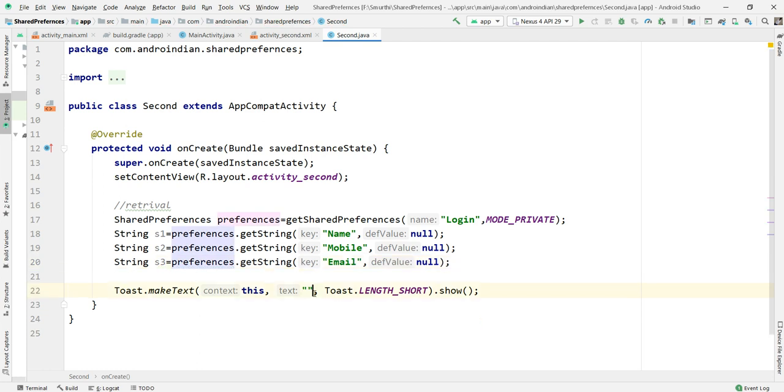Now I want to show the data here: s1 plus s2 plus s3. See now this is completed. Now we can run this program. So if we run this program, we can get to know how this data is storing and how this works.